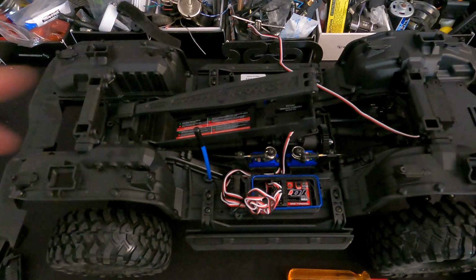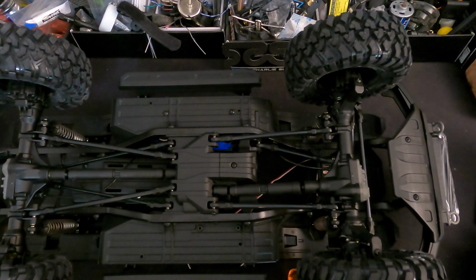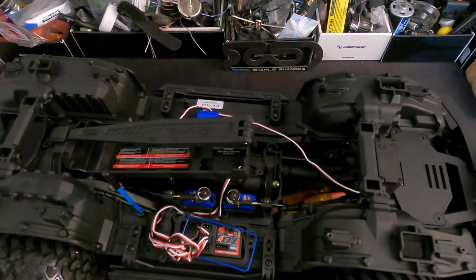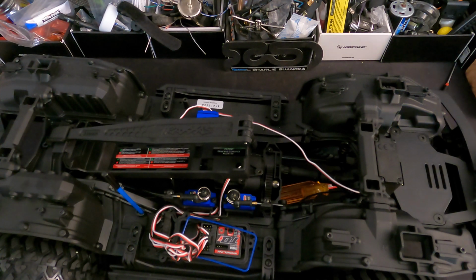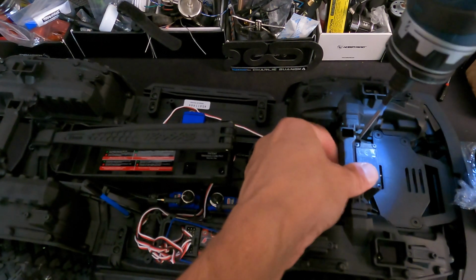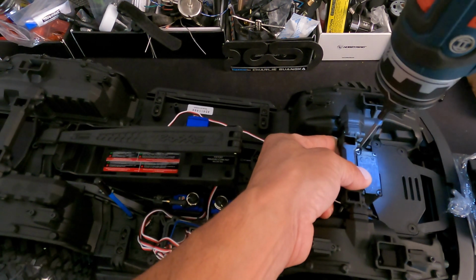So easiest way is to undo the steering link. Oh man. This thing looks like it already has a metal servo horn in it, so that's an upgrade. So you take the drag link off, that way it's out of the way, and then the servo screws are a 2.5. And then this last one, you want to be careful so you don't ruin the servo harness. You go kind of slow,